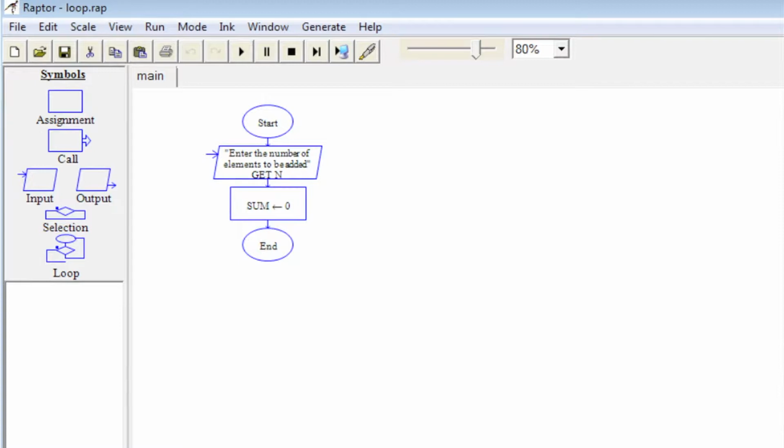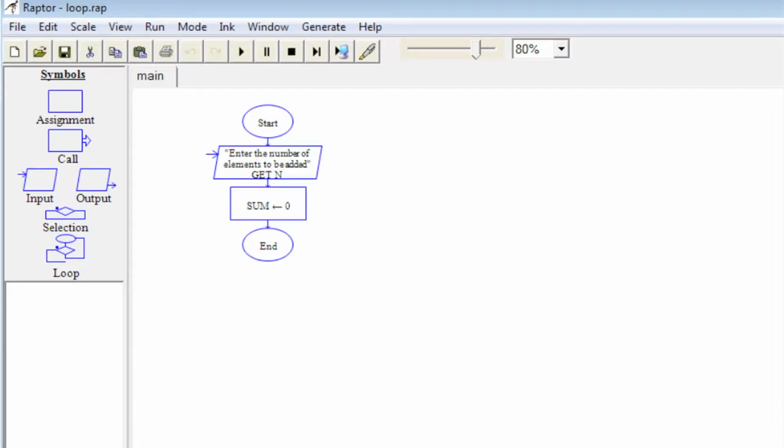Now let us solve a problem using loops. Here is the problem of adding n numbers. Shall we see how to develop a flowchart involving a looping structure using Raptor? Here we want to keep the running total of n elements input by the user.